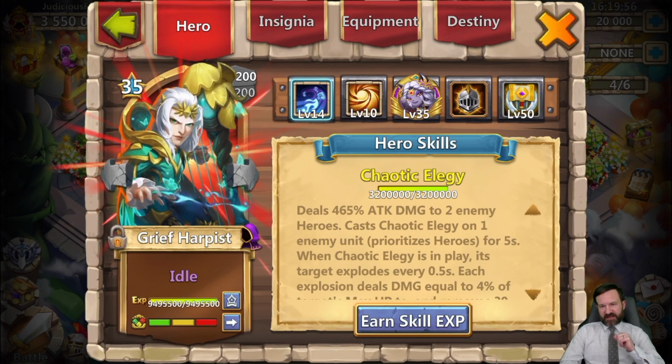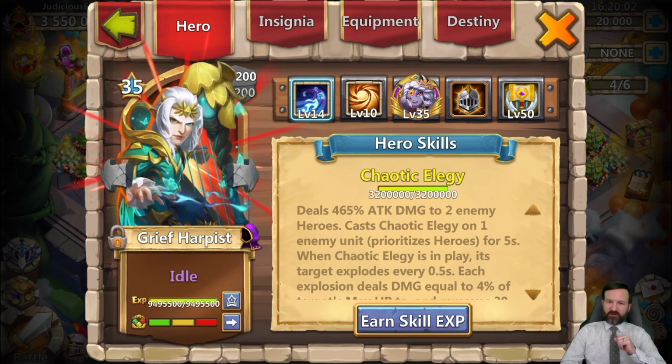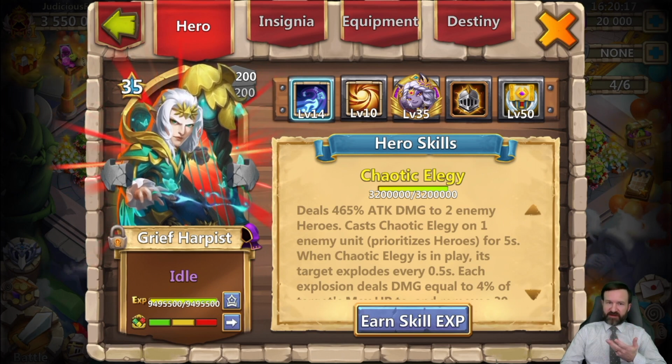Grief Harpist is a head-to-head hero fighter. Definitely a hero killer, but more so for environments and game modes where there's a small board and heroes are lumped together in a group. Think Lost Battlefield, Labyrinth, even Arena. Grief Harpist does a nice job doing initial damage. 2 enemies take damage. Then there is a